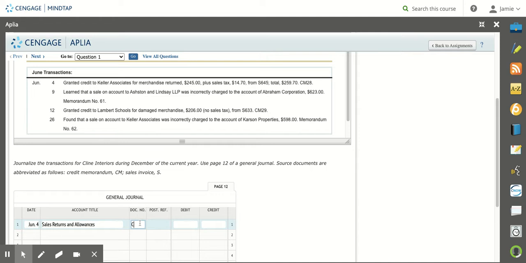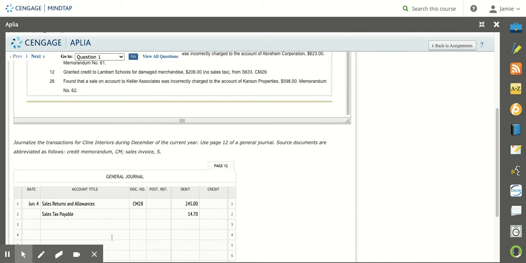sales returns and allowances, it's credit memo 28. And we're going to debit $245. That's the price of the merchandise returned. We also need to debit sales tax payable for $14.70, which is the sales tax that they had originally owed us, but they no longer do since they made a return. And then finally, we have our accounts receivable